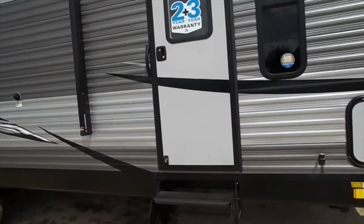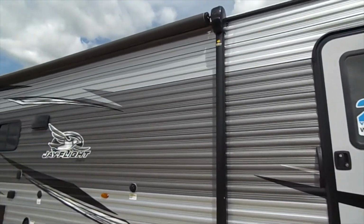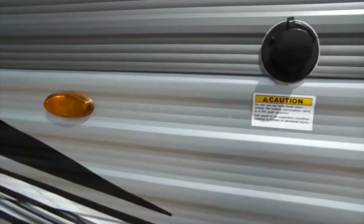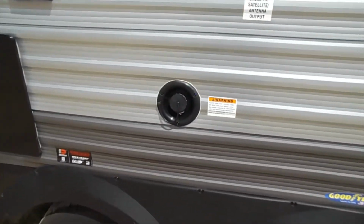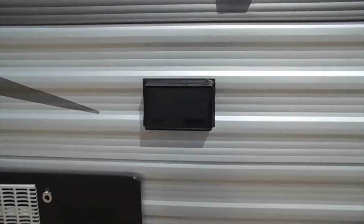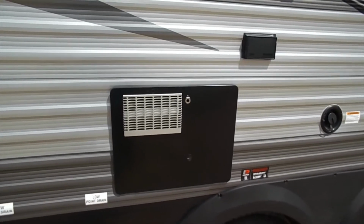The front door here goes to the bedroom, 3 steps. You've got the electric awning with the speakers built into the end. You have your black tank flush, your heater exhaust, your freshwater fill, cable satellite, outside TV mount, outside outlets, hot water heater,